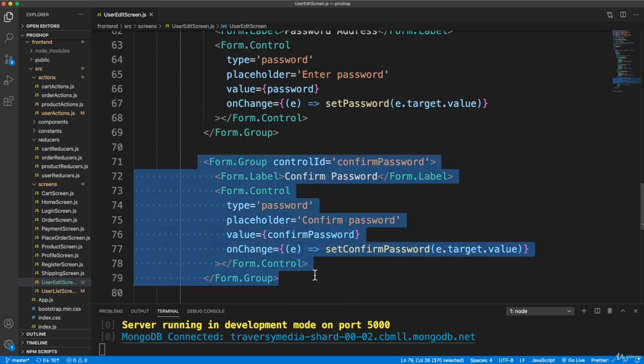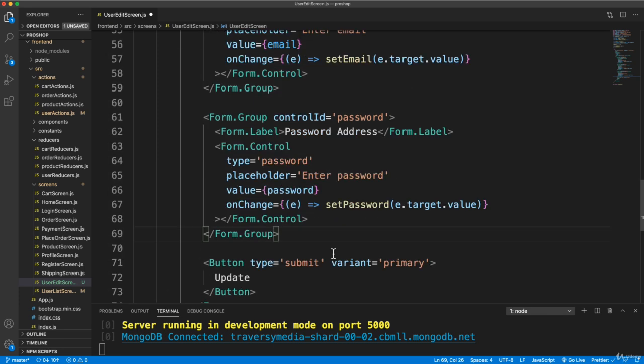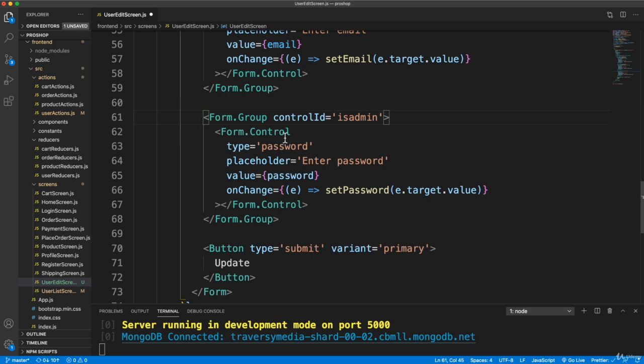password and confirm password. So let's get rid of confirm password, and then this is going to be a checkbox group. So let's change this to isAdmin, and let's get rid of the label. And instead of form control, we want form check. And the type is going to be checkbox. And no placeholder. We want,